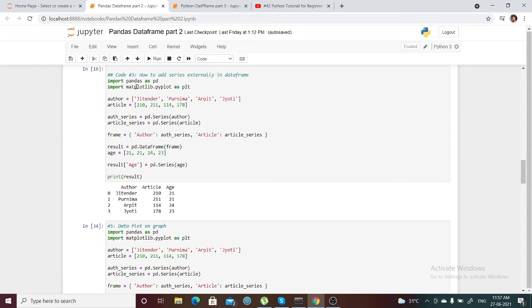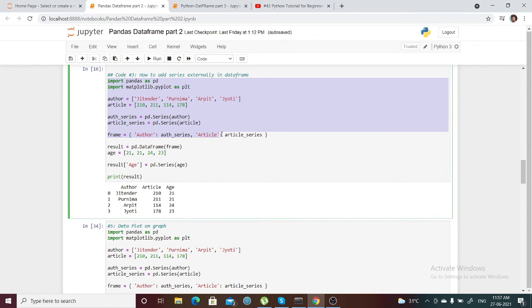Okay, so yes, we have done that. We can create a data frame using series. Like we can use a frame, or you can create dictionaries, taking different series with the different column keys. Okay, so we have created the data frame like this, using these two columns and series. So after creating the data frame,